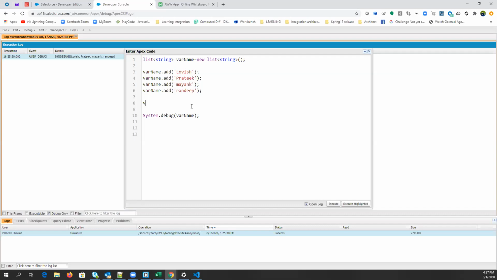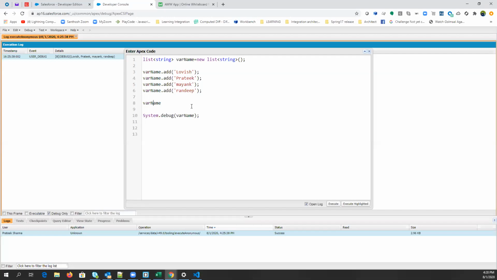So we have an overloaded method here. What do you mean by overloaded method? I'm just giving you an overview of what is called method overloading. We'll discuss this in detail. Method overloading means you can have multiple methods with the same name but different signatures.